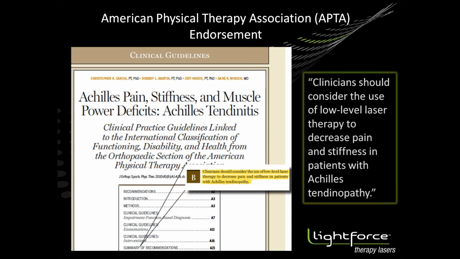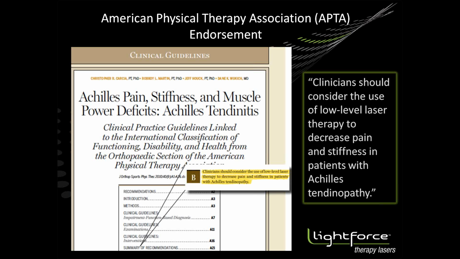So we're going to really get into some of the evidence. A lot of the work there in the cell biology is very specific. How does it really translate into clinical practice? So I wanted to start off here just with where we are today as far as the endorsement of the technology. As of right now, three major medical societies have all endorsed the therapy. So these are clinical organizations made up of doctors. These are the groups that are lobbying to payers and things like that for coverage of treatments.